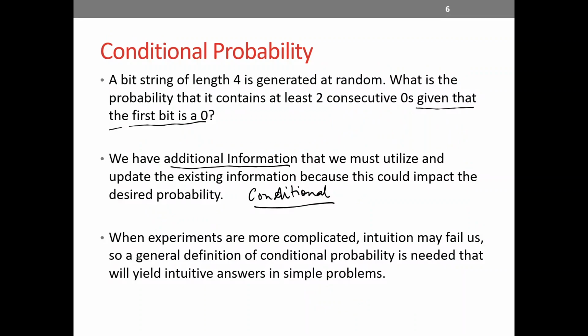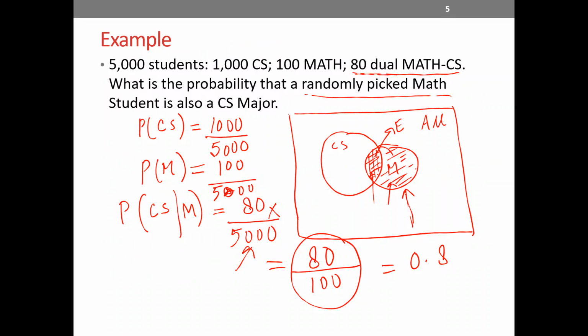Let's look at another example to better understand. But by the way, if you look at what we said here, to put it in a better format, a formula, and we'll see how this formula is derived, I'm actually taking the probability of CS intersection M over the probability of M, right? This is what I did here. If I just put the probability of CS intersection M,